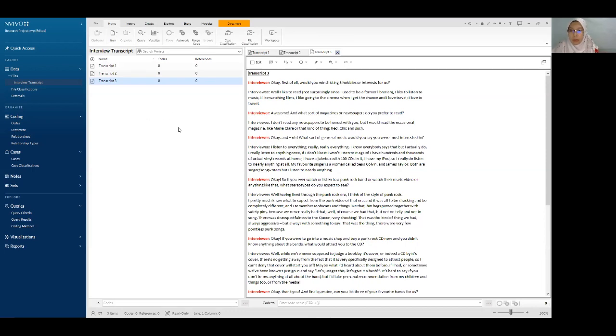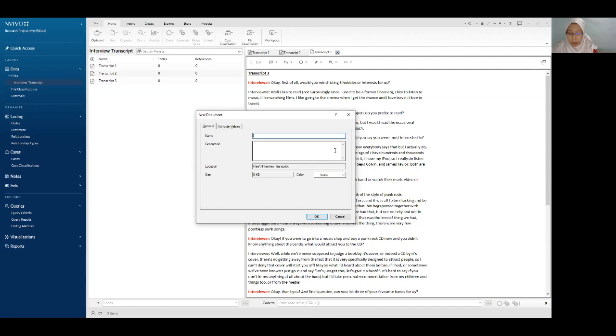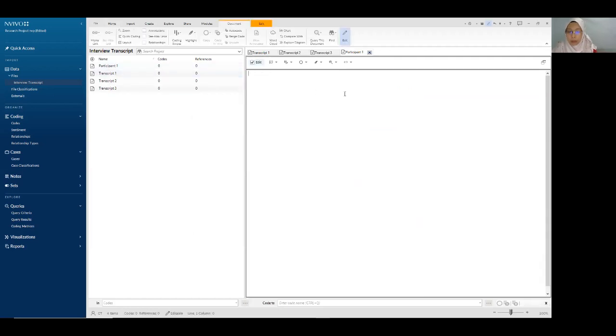If you want to write down your transcript inside NVivo itself, you just go in area 2 over here, right click, and you can have new file, new document. For example, participant 1. Now you can type in the question: what is your view about